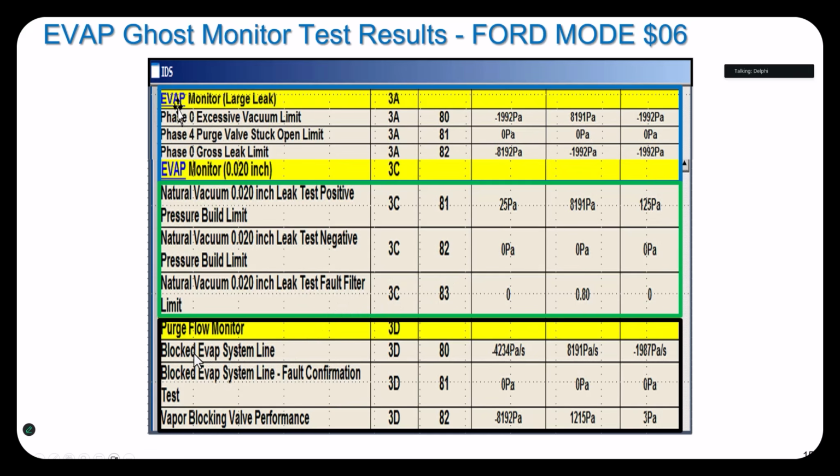Okay, and this last one says blocked EVAP line. Well, that test passed. If it failed and they need to do a confirmation test, then they would run this test. So again, there's the primary test and there's a secondary test. If the primary test passes, the secondary test is not needed. So you look at mode 6, don't freak out if you see zeros in